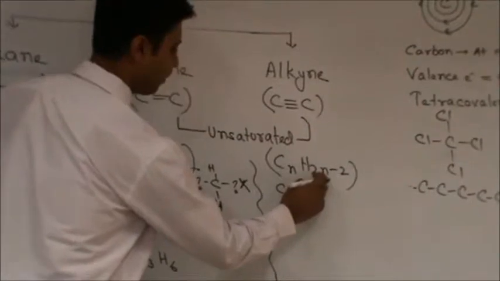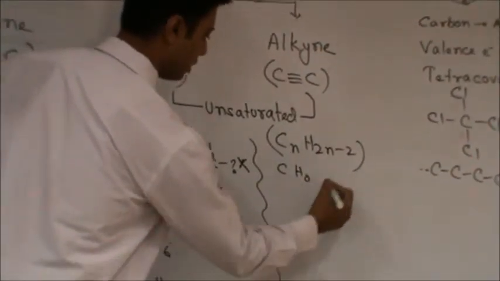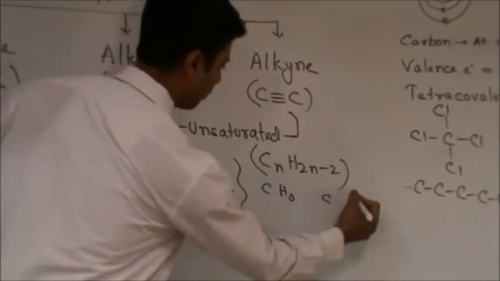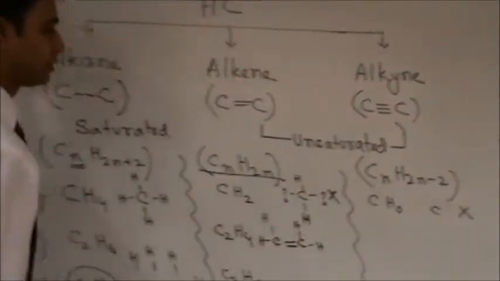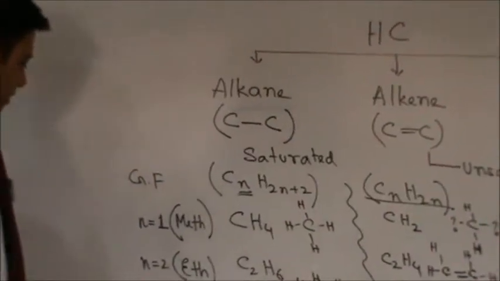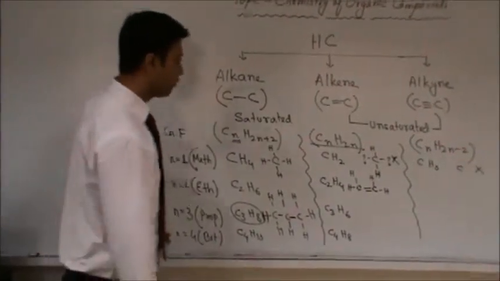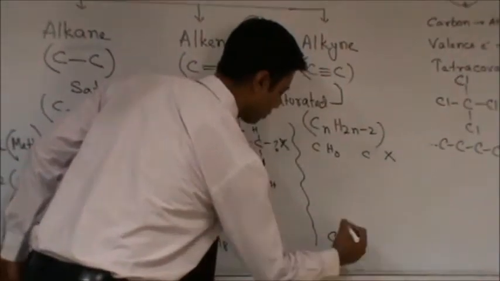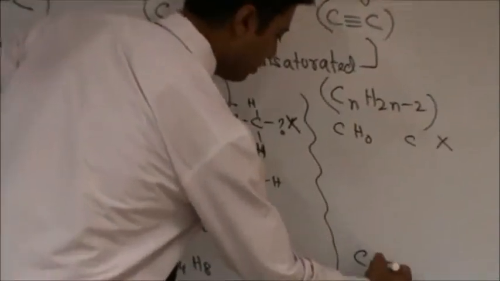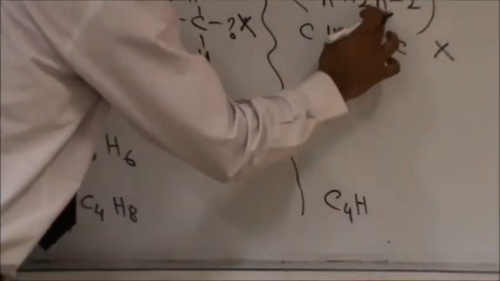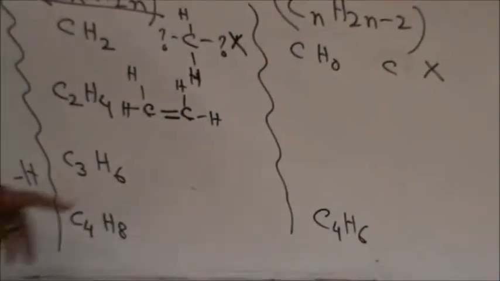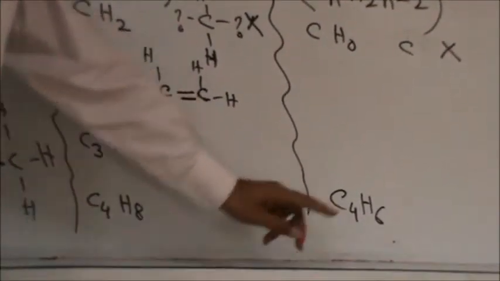C1H, 2 multiplied by 1 is 2, minus 2 is 0. It is 1 carbon with no bonds with hydrogen. Therefore, this structure is not possible. Let us now work out the molecular formula of the fourth alkyne. The carbon number is 4, and the hydrogen number will be 2 multiplied by 4 is 8, minus 2 is 6. The molecular formula of the fourth alkyne is C4H6, and the structure of